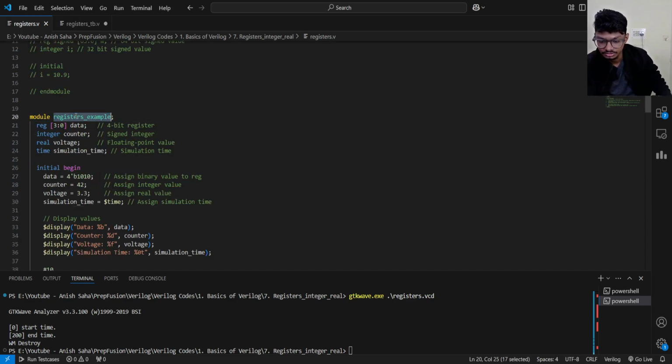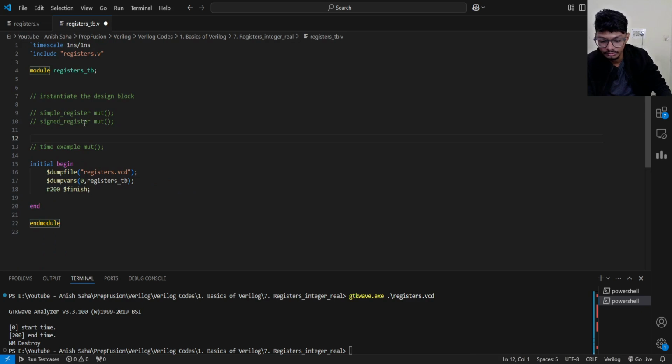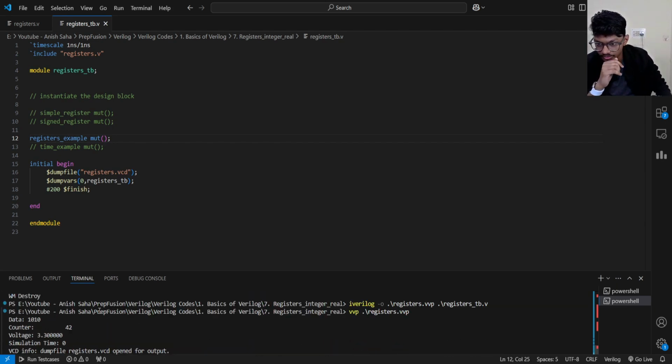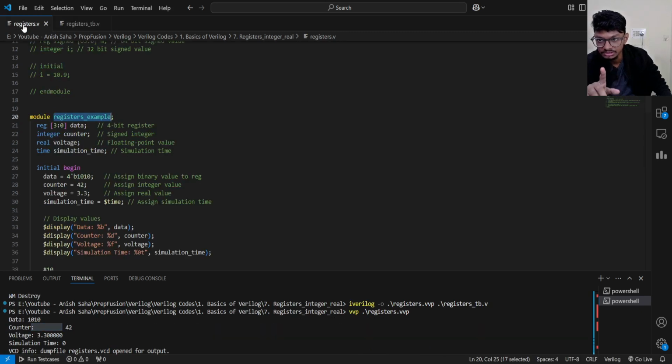Let me call this function registers example. There will be display statements now, so it will be easier for you to understand. Without the GTKWave, I can directly show you this with iVerilog and VVP. Now you can see a space is coming. We can remove this space by properly